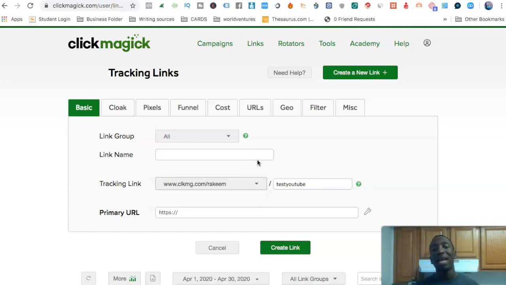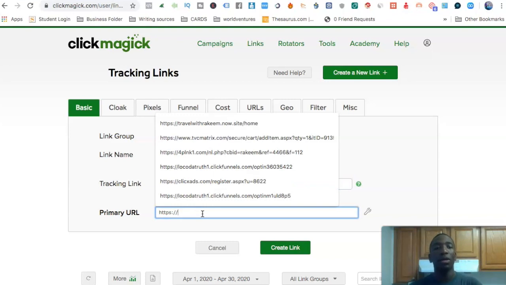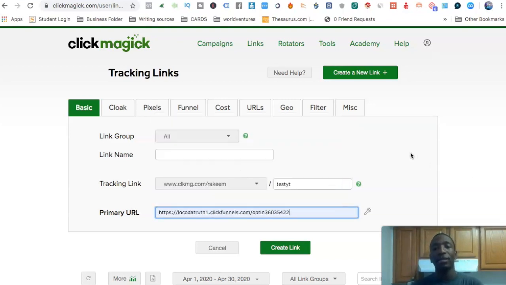So just going back to Clickmagick, you would put the slug in, whatever you want, and it has to be more than three letters, right? As you can see, if I wanted to do this, it won't let me. If I do TES, it's going to say, no, you need to add an additional one, okay? So I'll just put test YouTube or test YT, and then in the primary URL, let's say, for instance, this was the link right here, and then literally I would be done creating my tracking link,